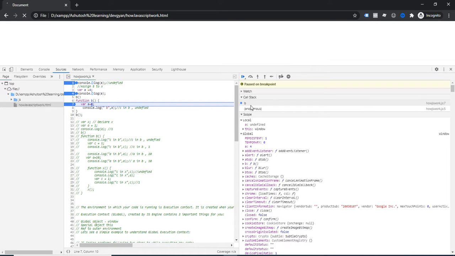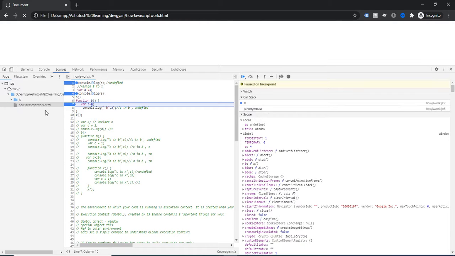So in the call stack, for your information, the first in first out rule will be applied. It means whatever is first in will be first out. So since you called the function, the functional execution context is involved, and within the function the code will be executed line by line. Once execution is completed, the pointer will be moved to the anonymous, which represents global.